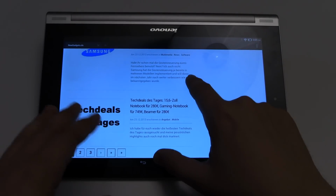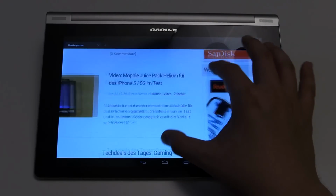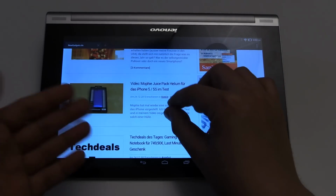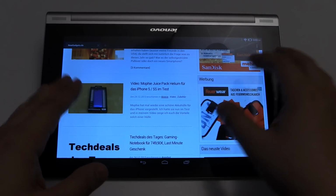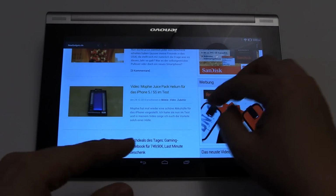So you can see everything runs super smooth. Of course you can also do your pinch to zoom gestures. Looks really nice, because many people say, okay, this is a 10-inch tab, it doesn't have a full HD resolution, and that's not nice. I can't see any pixel over here, to be honest, so I think the HD resolution